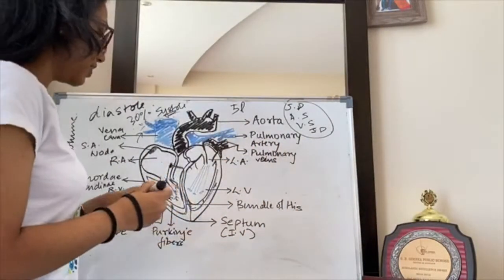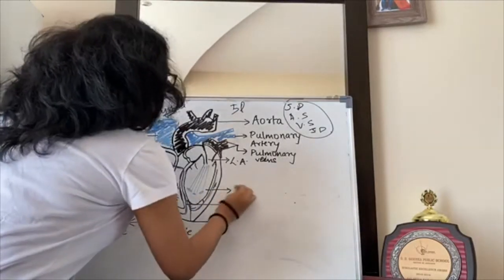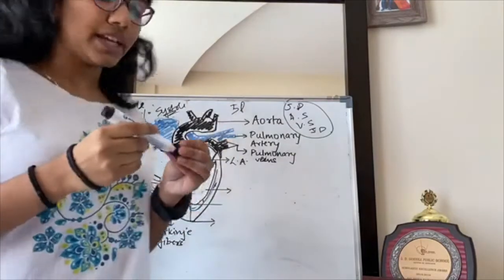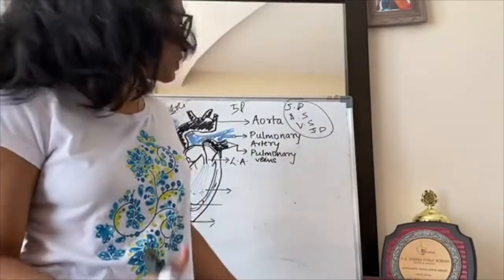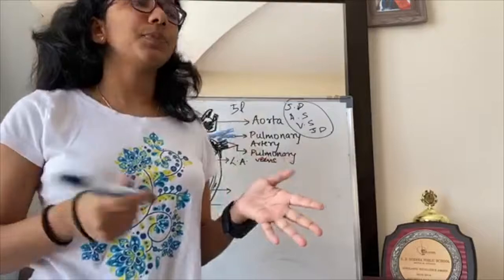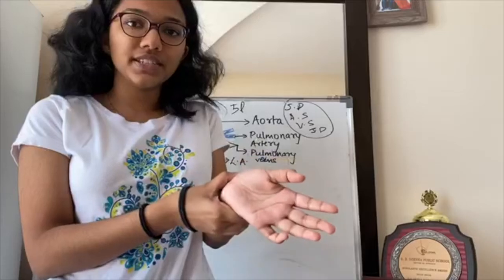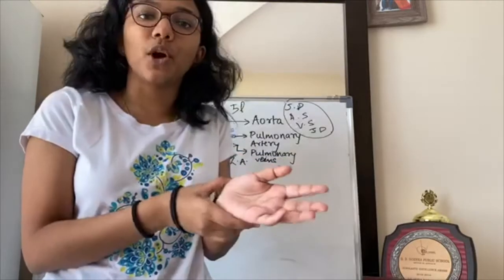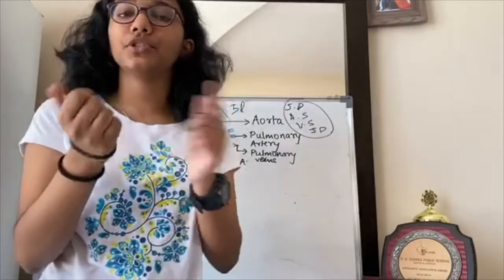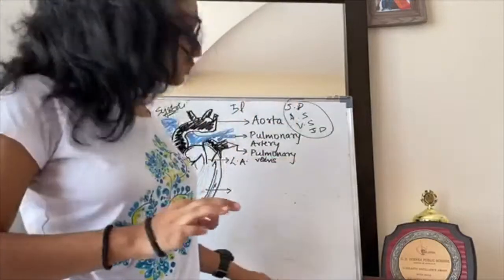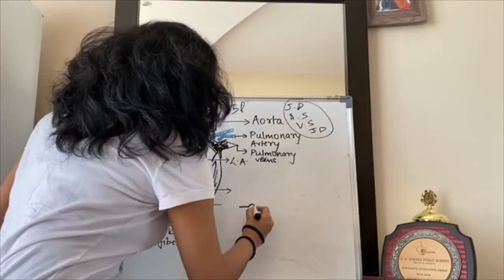I think I should erase the board a bit. Yeah. So electrocardiogram is obtained when you place 3 receptors. One at both of your wrists and one at your left ankle. So they measure the electrical activity of your heart. And why is this so? You know when you have to measure pulse, you obviously do this because the artery is prominent here and you can actually feel the pulse. So similarly, even in your left ankle and both your wrists, you place these receptor kind of things which measure the electrical activity, and the graph looks something like,